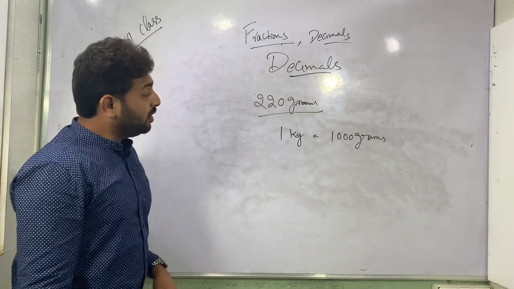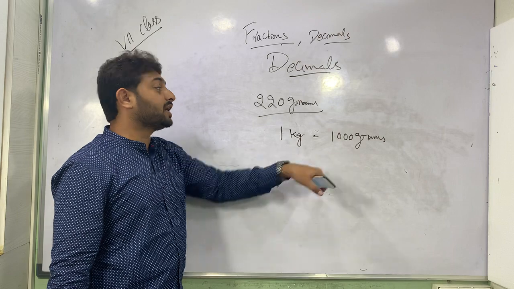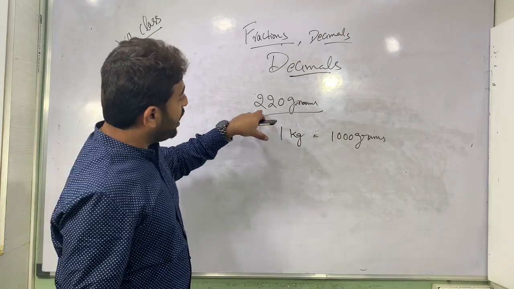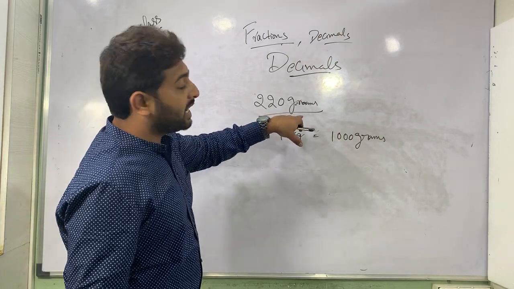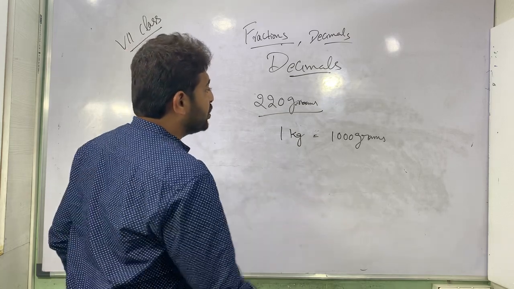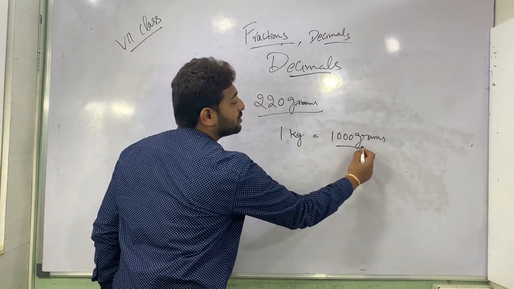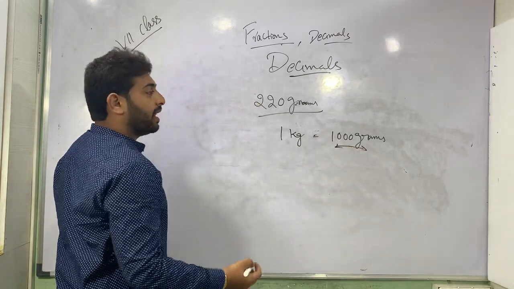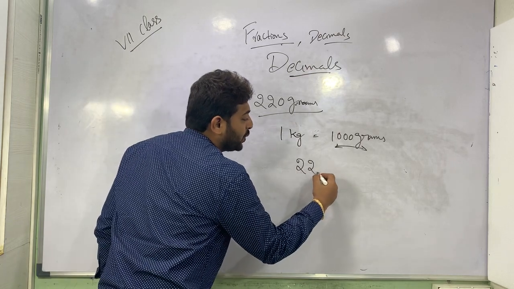So first you need to know 1 kilogram equals 1000 grams. Now if you want to know how much 220 grams can be written in kgs, you just need to divide it by 1000. Simple, okay? So it's 220 by